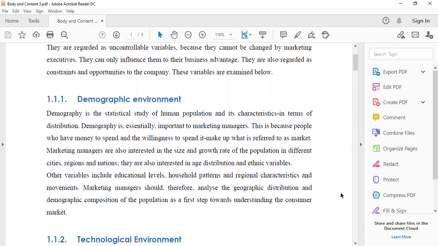When we talk about demography, the emphasis is on population characteristics. And it's essential that a marketer understands the demographic environment of the market because it's more or less a starting point to effective marketing